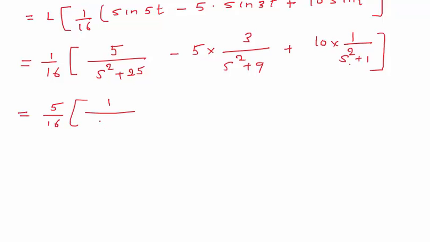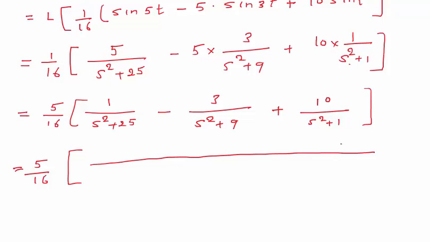Inside we have 1 upon s square plus 25 minus 3 upon s square plus 9 plus 10 upon s square plus 1. What we do, we make the denominator common. We take the LCM of s square plus 25, s square plus 9 and s square plus 1. So my common denominator will become s square plus 25, s square plus 9 and s square plus 1. In numerator,